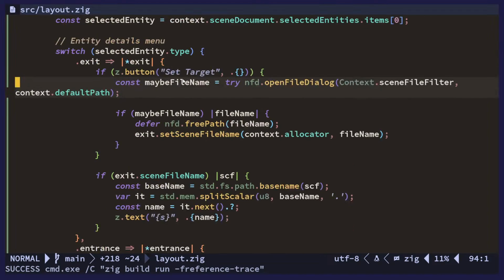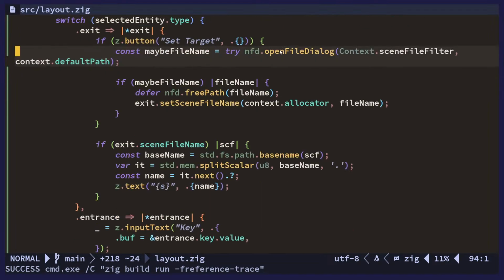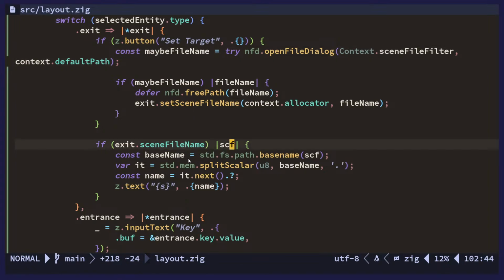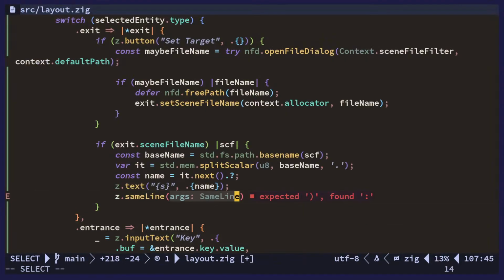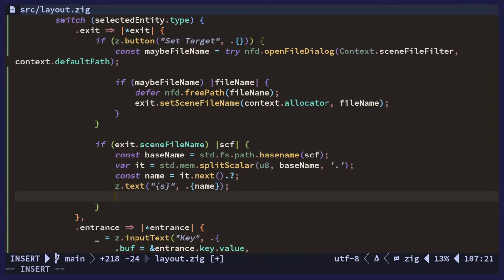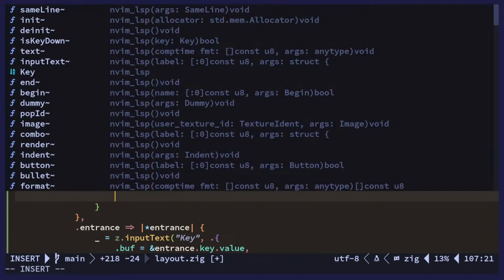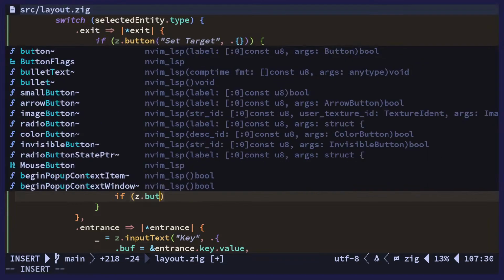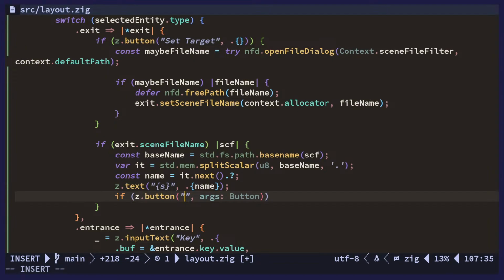Oh yeah, here we go. Here's the target. So if we have a file name, we show it, and then we can also do same line. Well, actually, let's not do it same line. Let's do if button go to scene, I guess go to target,